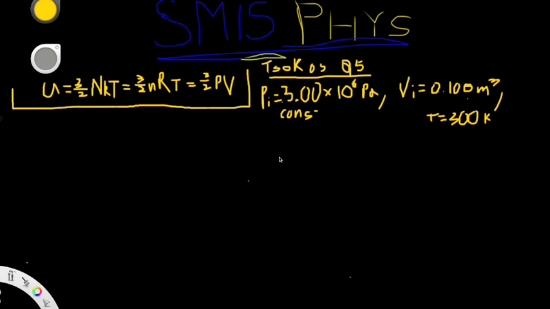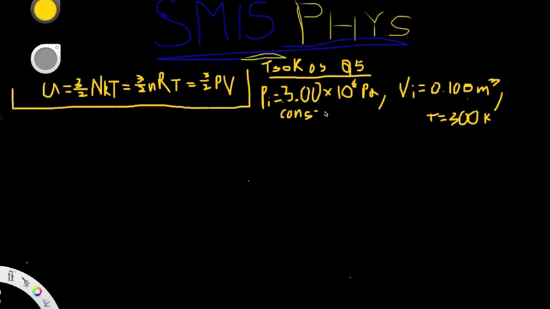So this problem is taken out of the Tsokos book, and it's example question number 5 in chapter 3.4, which is also higher level material. And over here, if you see these equations that I've listed, they will help us in solving this question. So the question reads, a monoatomic gas is kept at constant pressure 3 times 10 to the 6